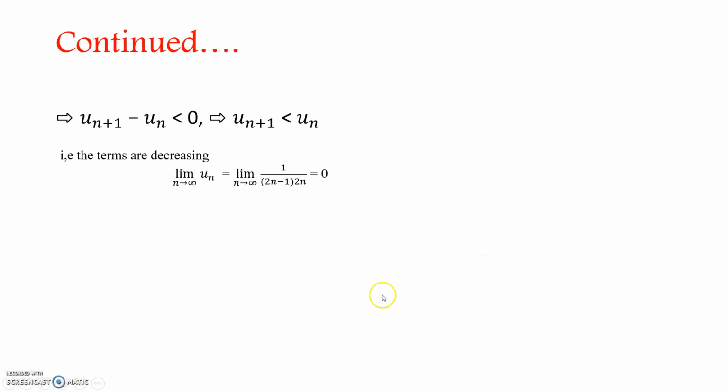If you take the limit n tends to infinity, un is equal to limit n tends to infinity 1 by 2n minus 1 into 2n, which is equal to 0. Therefore, hence by Leibniz test, the alternating series is